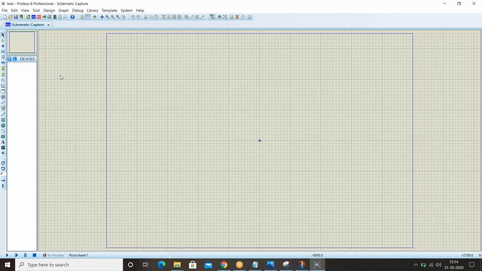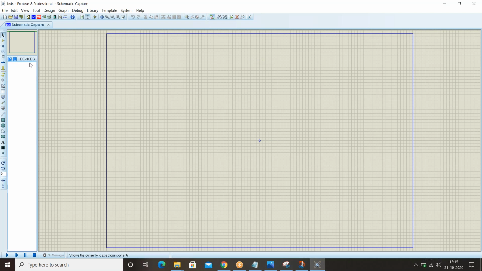Let me design, let me connect the LEDs to the microcontroller. Let me see what will happen. We'll go with basic projects. Here, if you observe, P and L devices are there. P is pick the device, L is list of the device. This is our workspace with our microcontroller called 8089C51. With this microcontroller, we are going to turn on the LED. This is our project now. This is our theme.